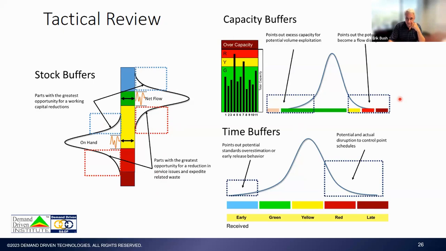On the scheduling and production scheduling side, then we think in two terms. Capacity buffers means that I've got more than enough capacity to meet the expected demand. In other words, I think of my red, yellow, green in a different lens, where I want to be down where I've got enough reserve capacity to address issues where variation occurs, right? I become more agile if I've got the ability to make up for maybe a machine went down, or maybe our constraint has an issue, or whatever. It gives me the vehicles to understand how much excess capacity do I have. That may even represent an opportunity to exploit that for more revenue and profit growth.